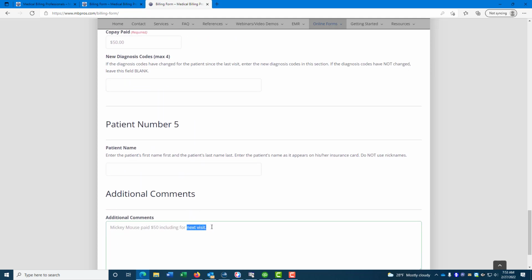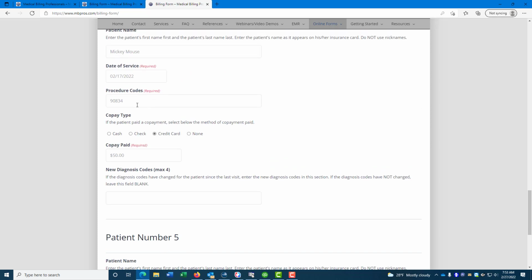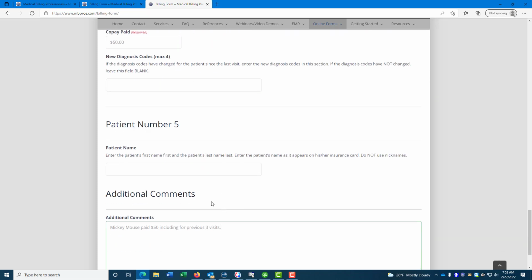You might say including for previous 3 visits. If you did that, he paid $50 for a total of 4 visits, so $12.50 would be applied to this visit and $12.50 to each of the previous 3 visits. You can do that. You also might have a new authorization for Michael Johnson, auth number, good for 12 visits from 2/15/22 to 2/14/23. You could enter something like that in there, and then we will have that information on